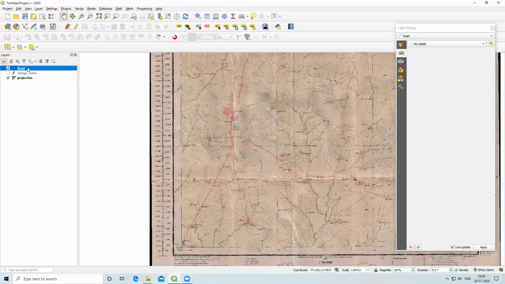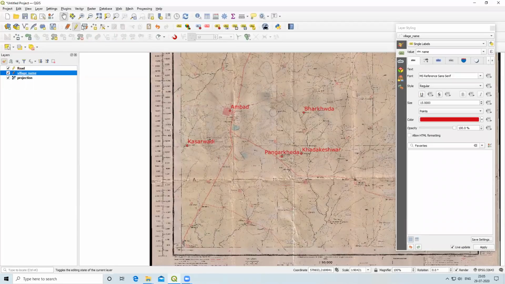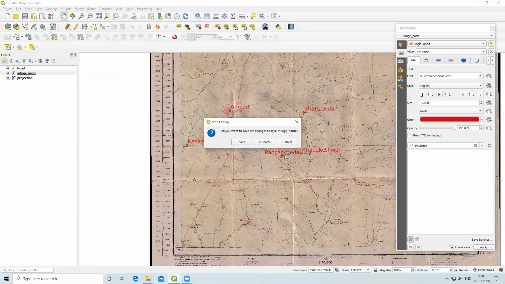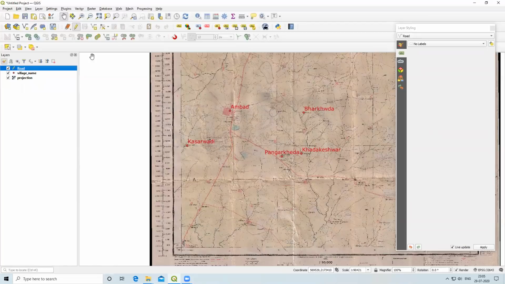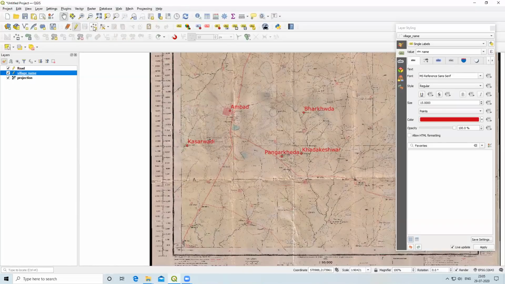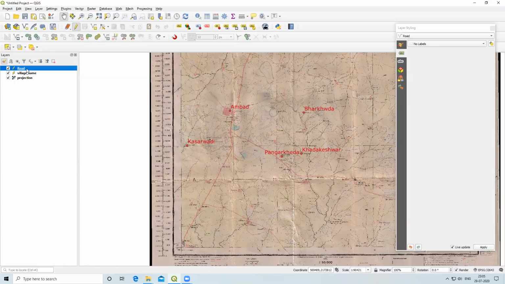To digitize this road file, I will click on toggle editing. This point feature, first we have digitized. If you select this, then it will show as a point layer, and if you want to save the point feature, we'll click on save and it will save. When you select a road feature, this kind of add line feature will appear. Whatever you select, the feature will appear here. When you select the point, it will come as an add point feature. When you select a road, it will come as an add line feature.